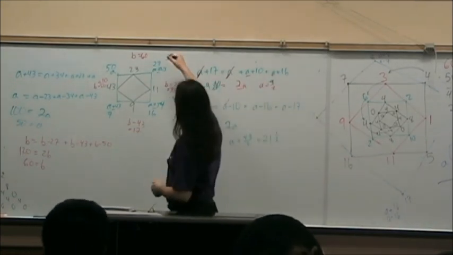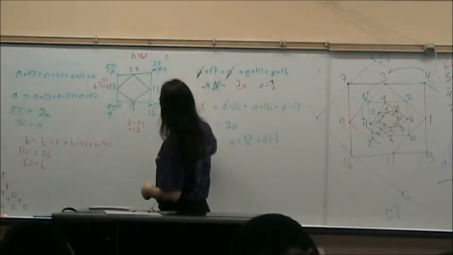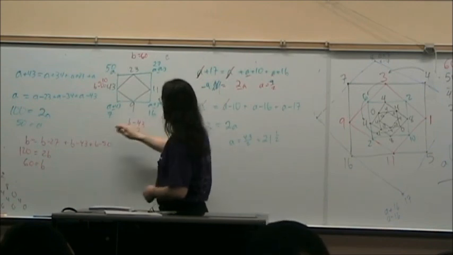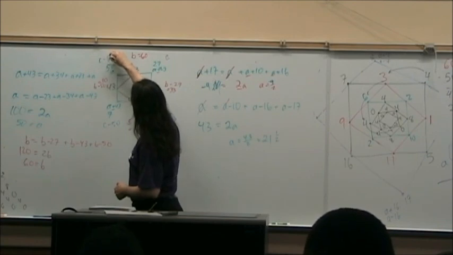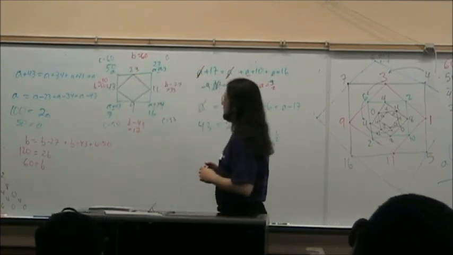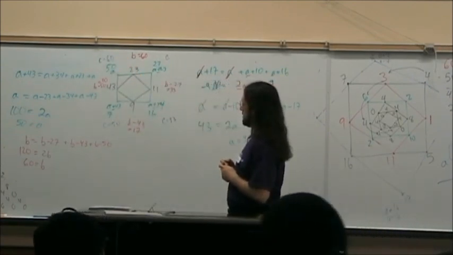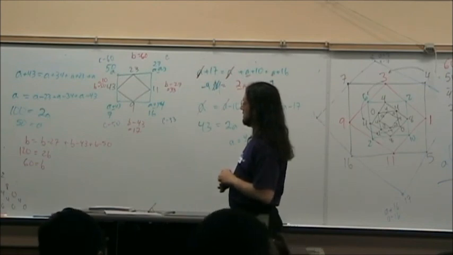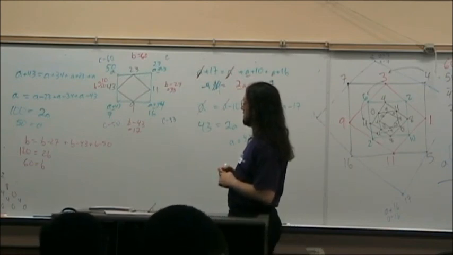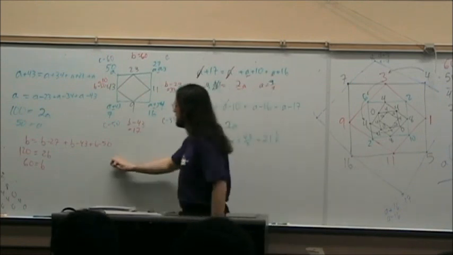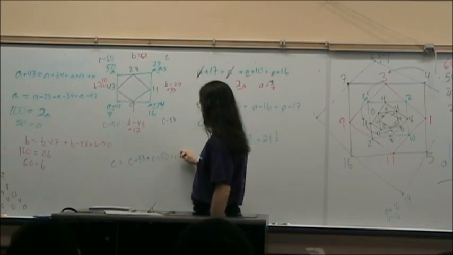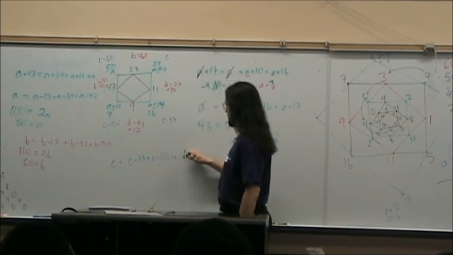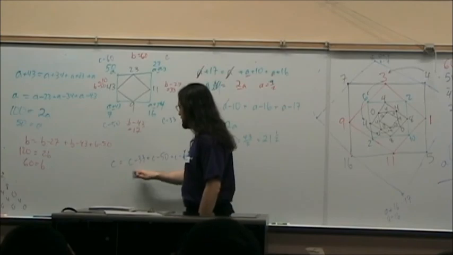I'll put C minus 33, C minus 50, C minus 60. So I'm going to get C equals C minus 33 plus C minus 50 plus C minus 60. That's looking pretty good, isn't it? So I get 2C equals,